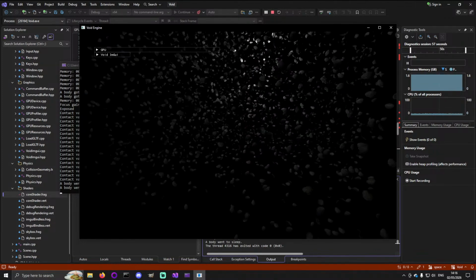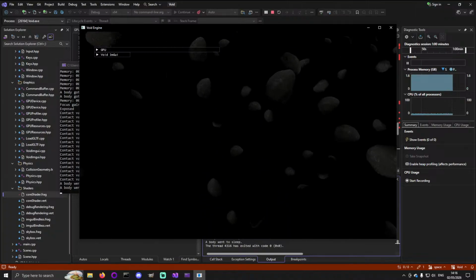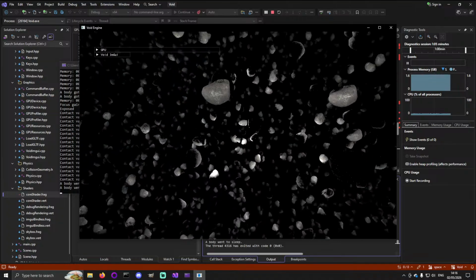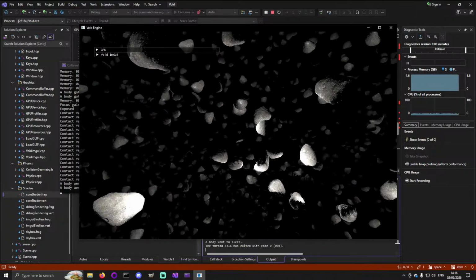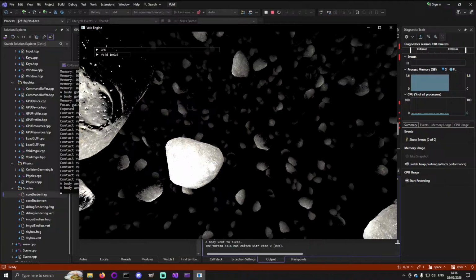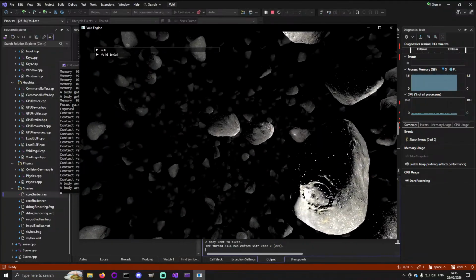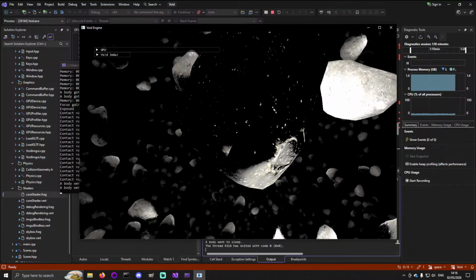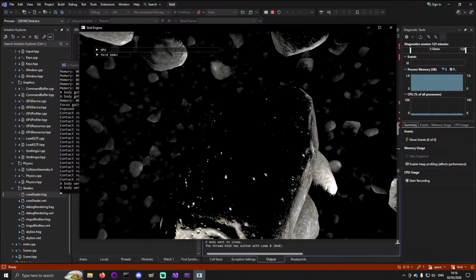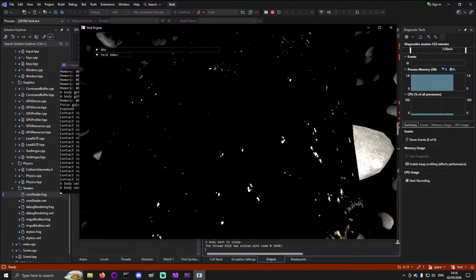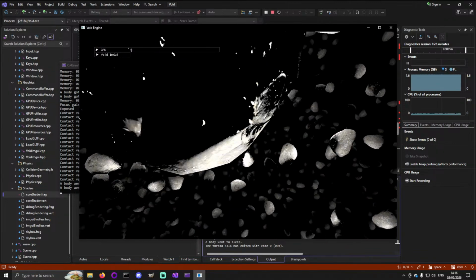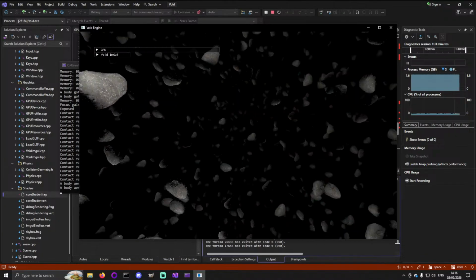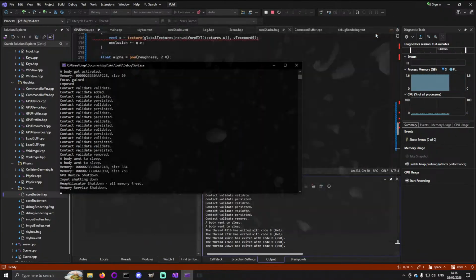So the physically based rendering, I think its radius is huge. Let me turn down the radius because I think it's causing some issues. And I think the intensity is really high, so it's hard to tell. When the intensity gets really high, my implementation of physically based rendering kind of breaks down. It gets too dark and white in areas, and you end up with this black and white look, which doesn't really match the textures. So I think the first thing I'm going to do is just reduce the